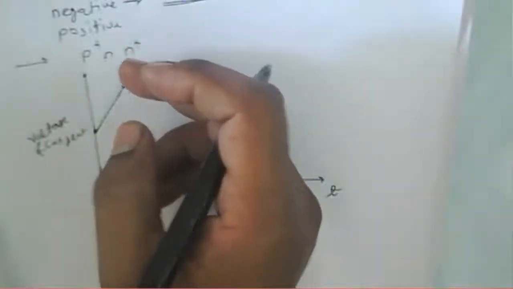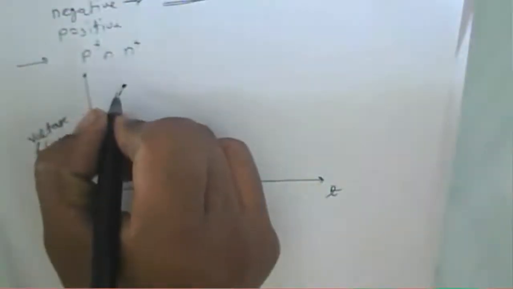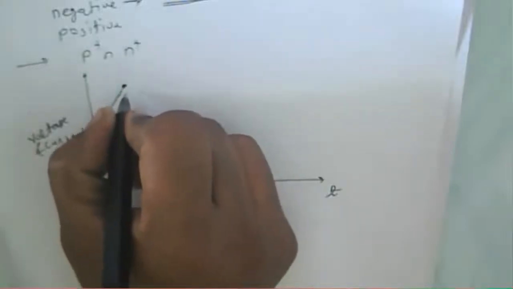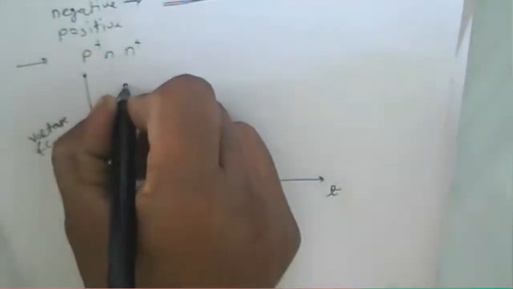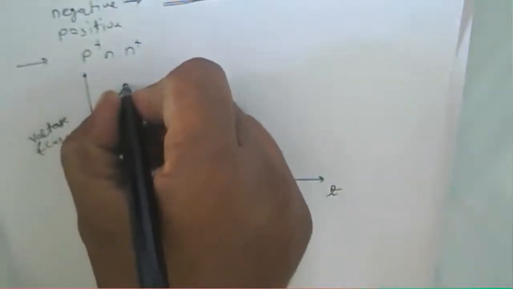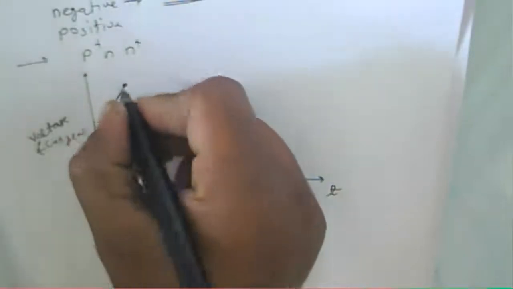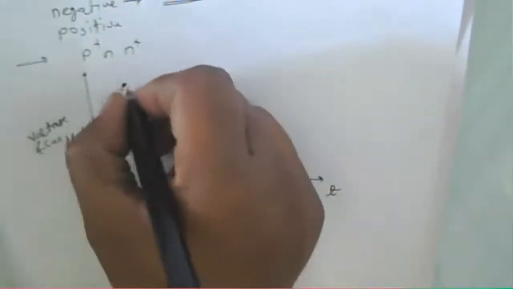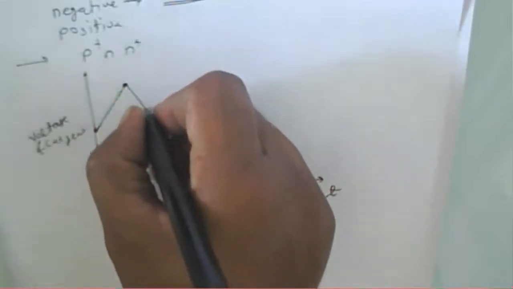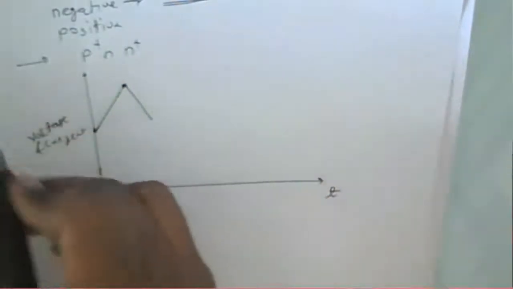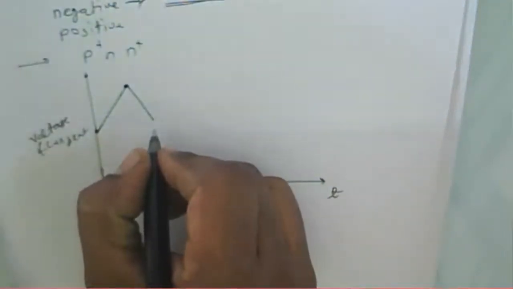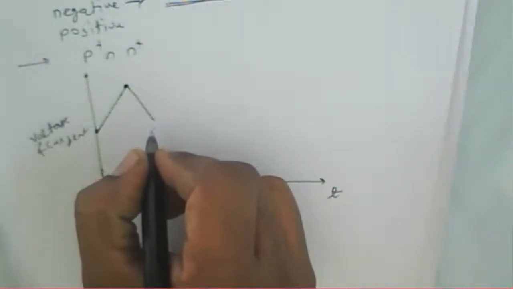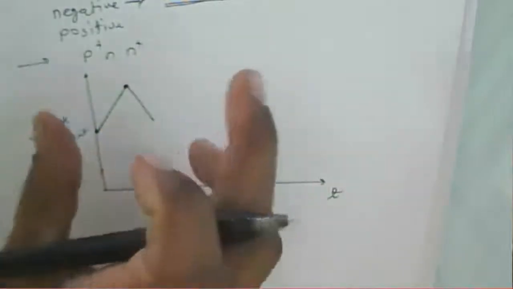Initially the current will increase. Then when it goes beyond the breakdown voltage, the current reaches its maximum, and after the current increases, it starts decreasing. We can say this about voltage or current. How long it will keep decreasing or increasing depends on how much breakdown voltage we are applying to this particular pulse.